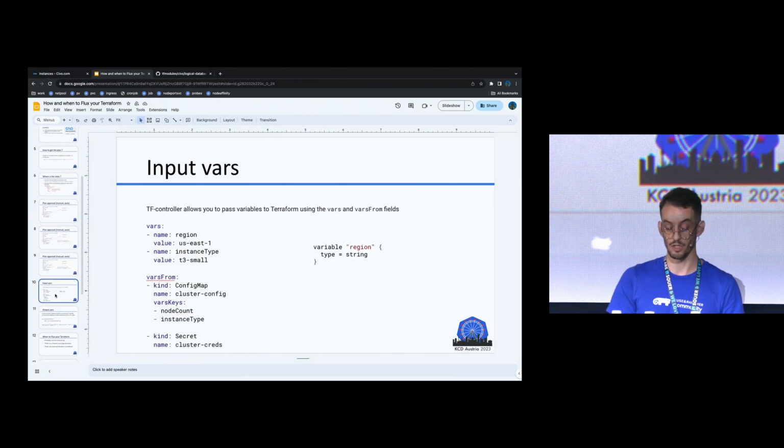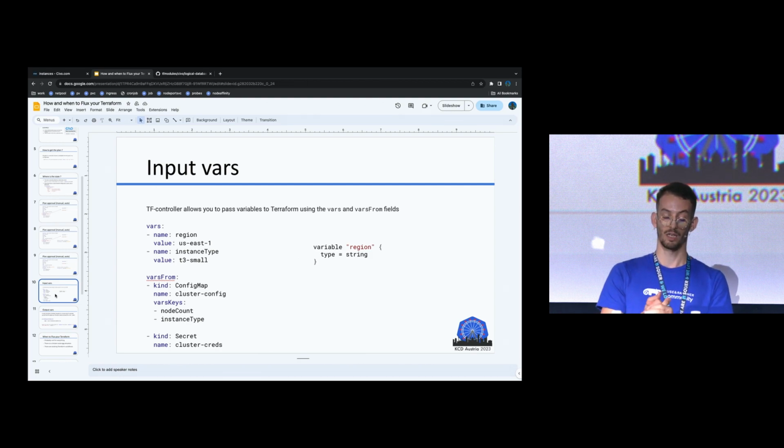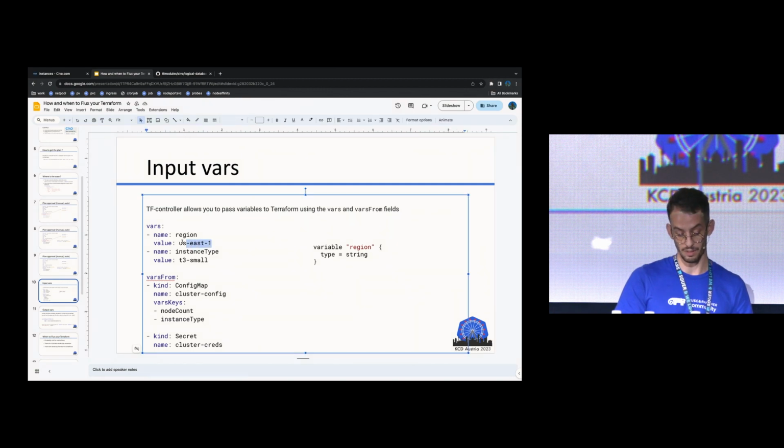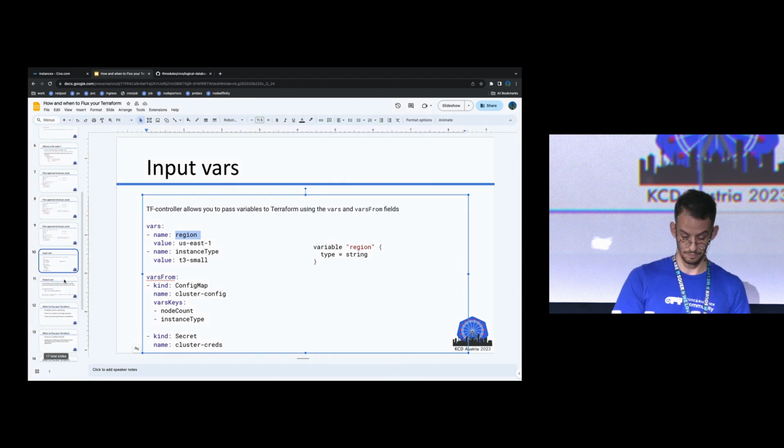Input variables. So basically, we have different types of input variables. We just showcased that you can provide an input variable as a Kubernetes secret and pass it to a Terraform variable. You can also define key-value pairs, statically type in values, and get values from a config map. One thing to consider is that when you define your variable within your Terraform, it has to match the same naming as in your Kubernetes component. So that's one thing to consider.